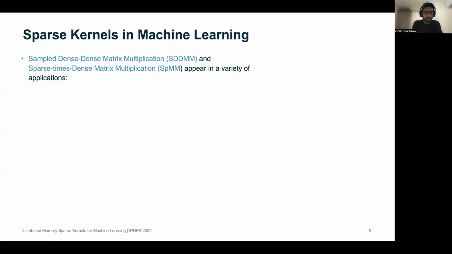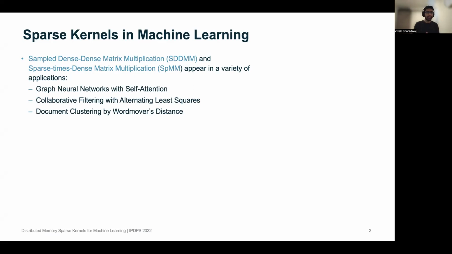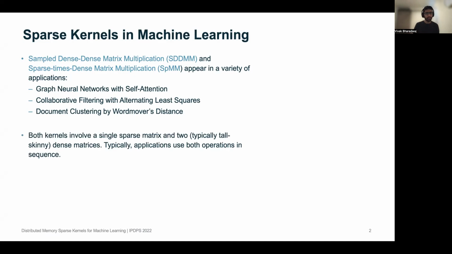So we'll be talking about two sparse kernels today. These are sampled dense-dense matrix multiplication and sparse times dense matrix multiplication. And these two kernels appear in a bunch of diverse applications. These include self-attention-based graph neural networks, collaborative filtering problems, these are Netflix challenge type matrix factorization applications, and document clustering. And both of these kernels are the two natural operations you can do when you have a single sparse matrix and two dense matrices, typically tall, skinny. And usually an application will use the output of the SDDMM operation as the input for SpMM and use both